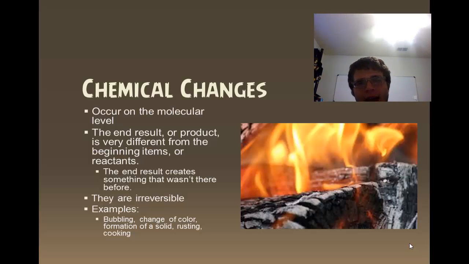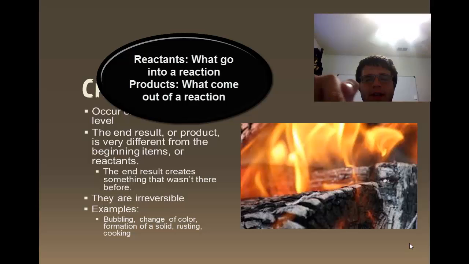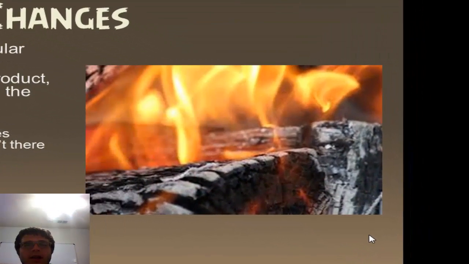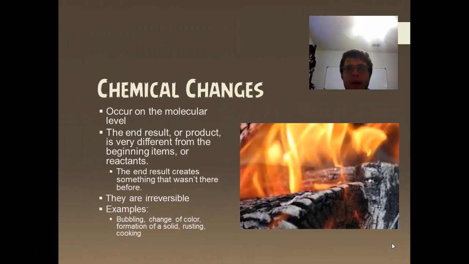These atoms start as one thing, but in a chemical change they end as something totally different. Reactants are what go into the reaction, products are what come out. Products are very different from whatever you started with in the case of a chemical change. The end stuff is not the same as the beginning, and that's the way it should be. We've got this image of wood that has been burnt. The initial reaction was taking a log that you would find outside and throwing it into a fire. The end result is black and ashy, with a burnt texture. That's important to note because the end result is nothing like the original log. Its composition is totally different,